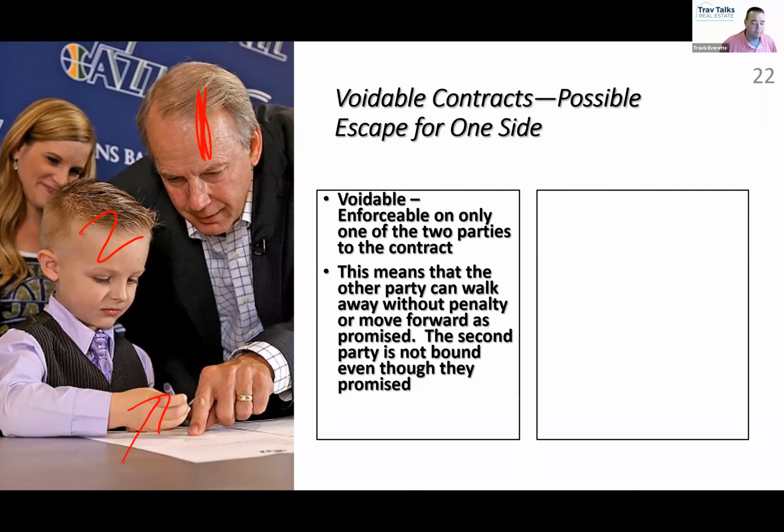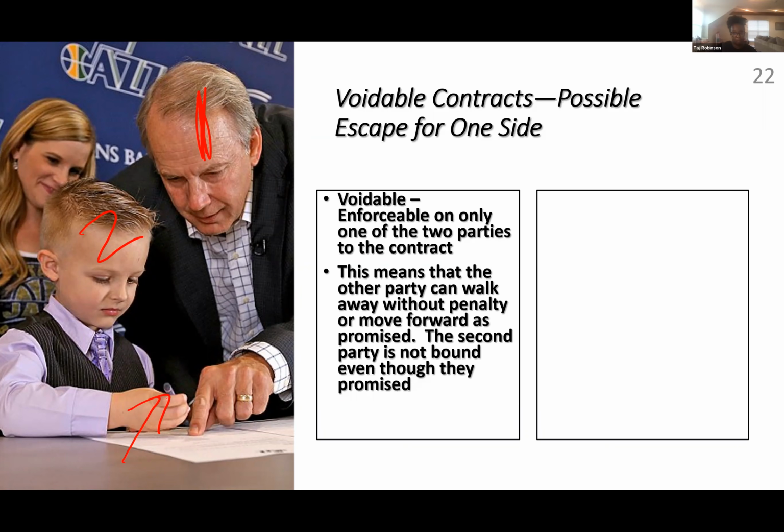If that's party number one and that's party number two to that agreement, do you think a judge, if this agreement landed in front of them, would say this is a fully enforceable, valid contract? No, because he's a kid. Because he's a child, right? We all see that connection. Does that make sense for everybody?